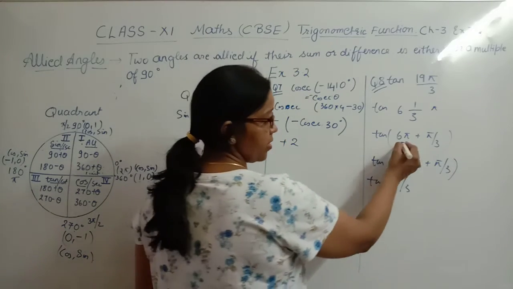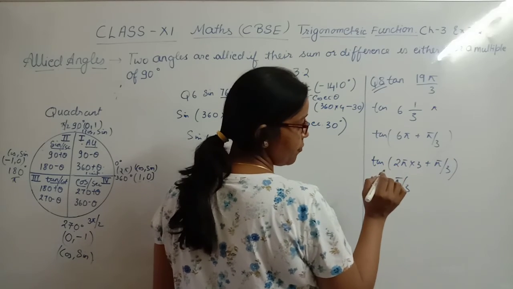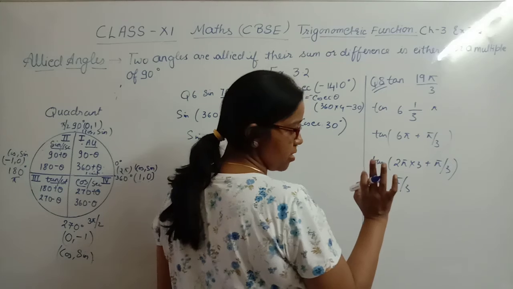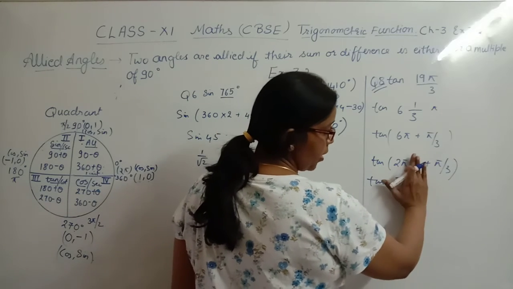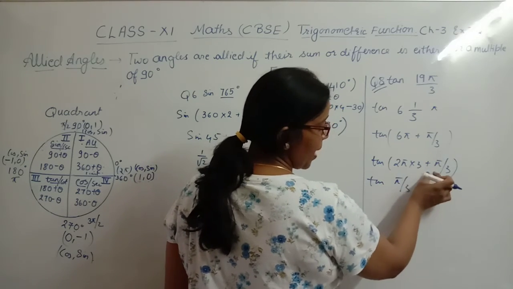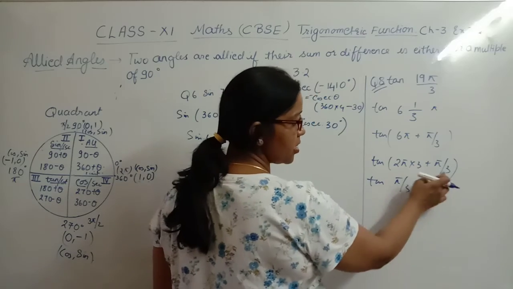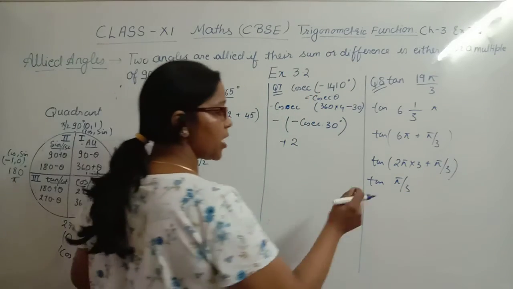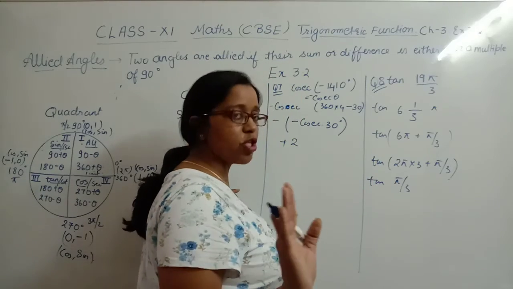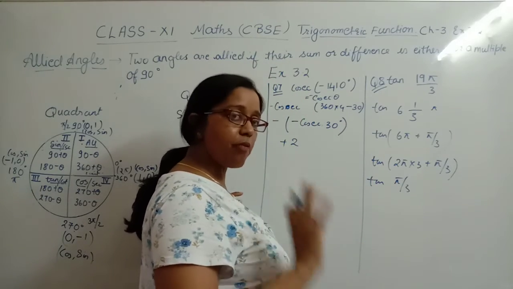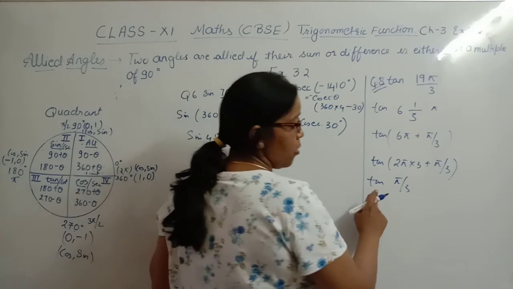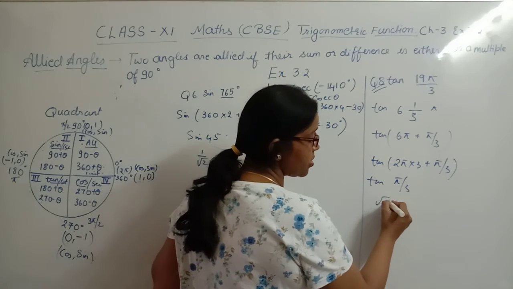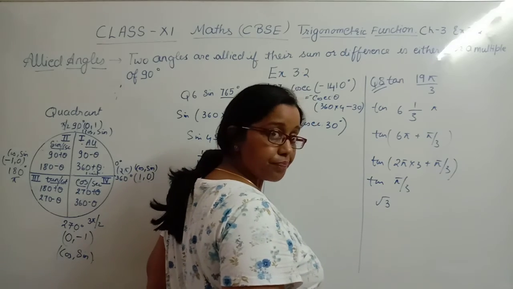What we have done: tan 6 pi plus pi by 3, what we had, I wrote 6 pi as 2 pi into 3. So we have ignored the into 3, so 2 pi plus pi by 3 has become 360 plus theta. 360 plus theta lies in the first quadrant, so it has become tan pi by 3 because there was no change and the value will be positive in the first quadrant. So tan pi by 3, that is tan 60, is how much? It is under root 3.